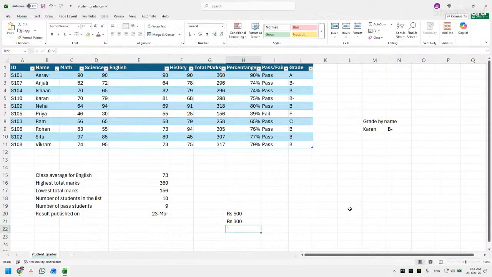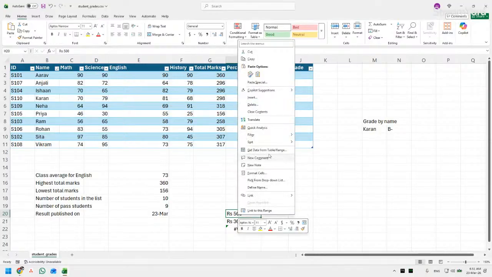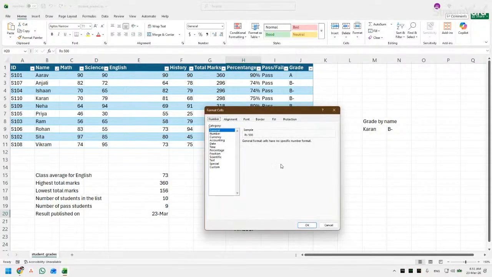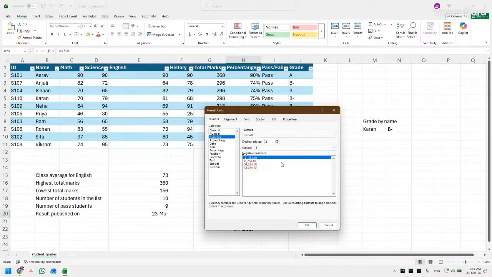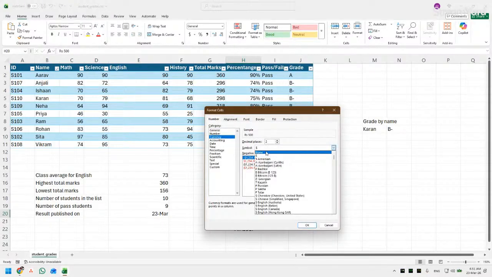300 and equals to, now if you try to add these two then that would be an error, you know, because यो चाहिँ text को रूपमा आइराछ हैन. So यसलाई हामीले के गर्नु पर्यो त, if you really want that rupees to be there then you would go to format cells and यहाँ चाहिँ this should be a currency हैन, and its symbol is going to be